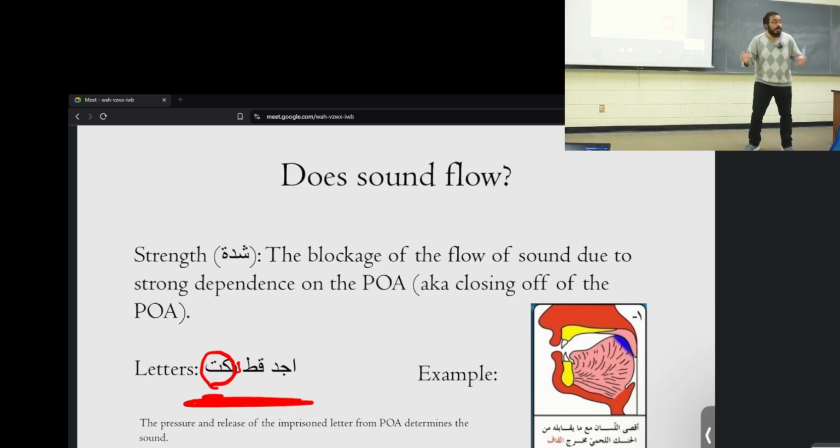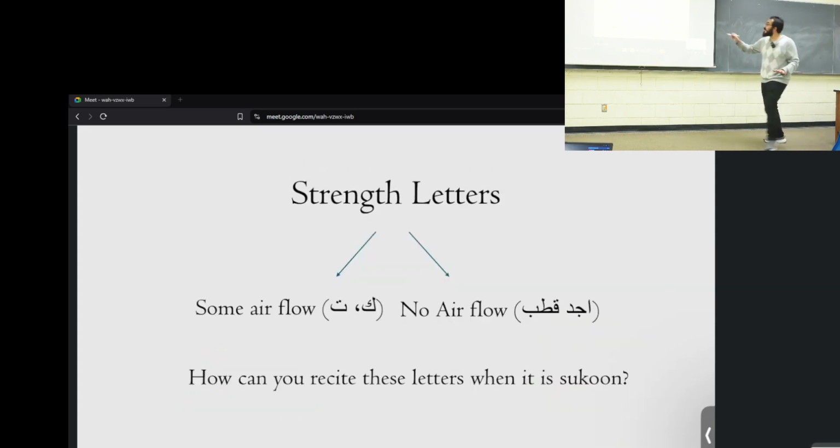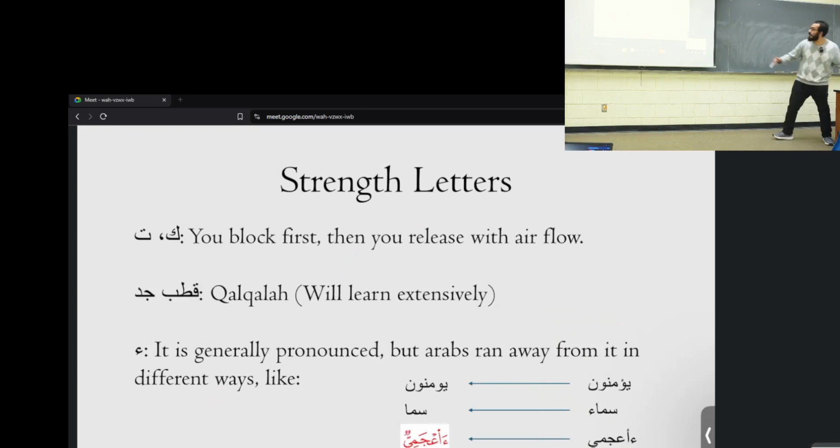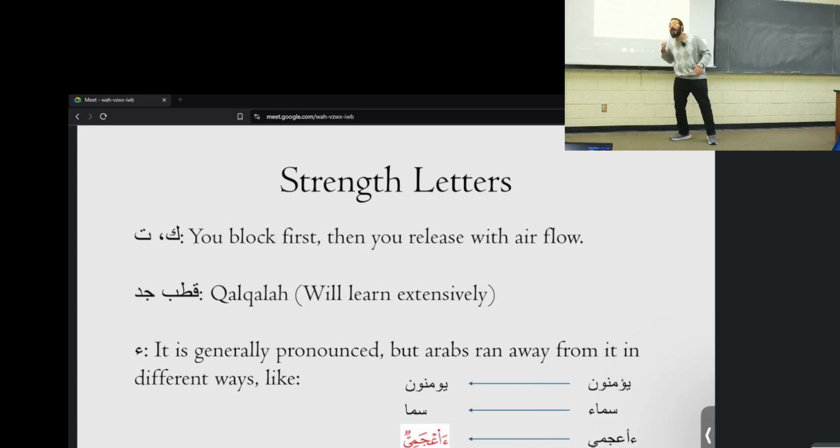Shiddah, what happens with shiddah letters? The makhraj closes completely. Ad, aq, at. The letter gets completely closed. If there's flow of sound, the makhraj doesn't get completely closed. We said, if the makhraj gets completely closed, how do we figure it out? If it's ka and ta, we release air. If it's the other one, we do qalqala. Aqo, aj, ab. With kaf, we say ak. Ak, we close the makhraj first, like any strength letter.